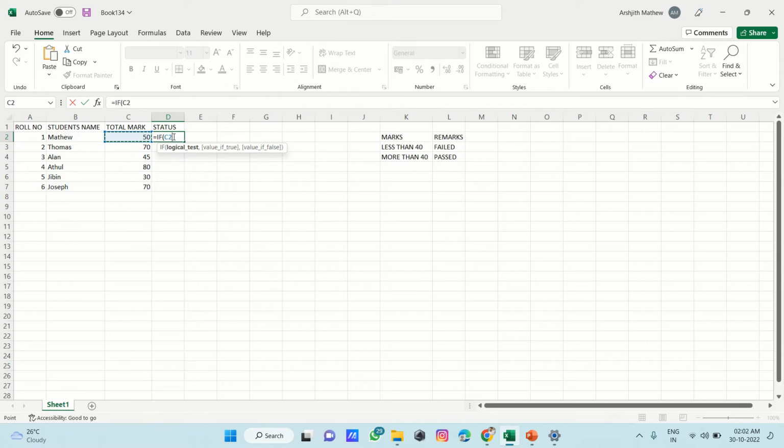Then we use the greater than symbol. Then select condition 40 and comma, the first condition, failed, and put it in inverted commas, and comma again. The next IF condition,